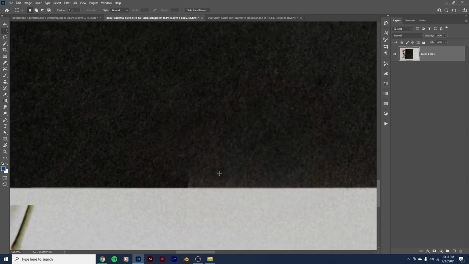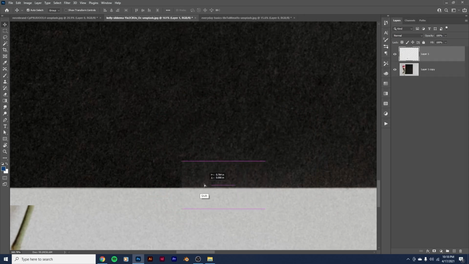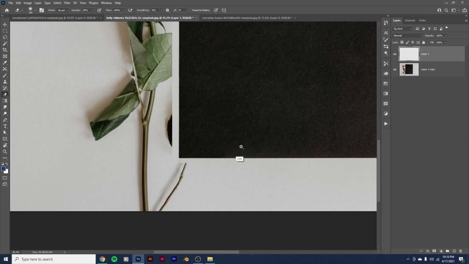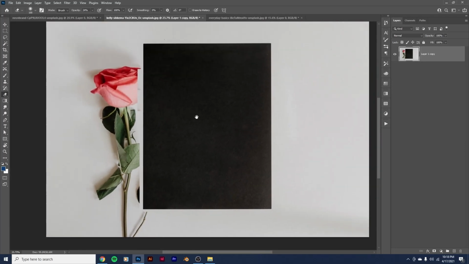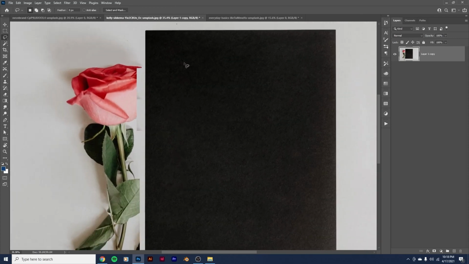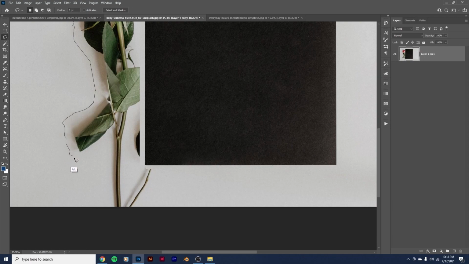And I think this would be, I'll just take the marquee tool, Control J, bring that over, maybe hit E and just erase that with a soft eraser and just fade that in. Control E, bring that down. And there you go. Now let's do the same thing again here. I'm just going to take the lasso tool, select around this rose, hold Alt, move this over here, get some,